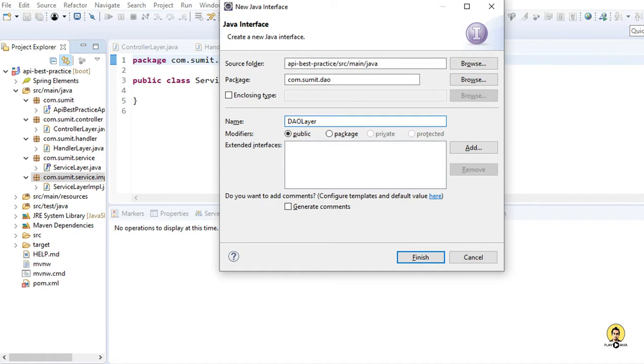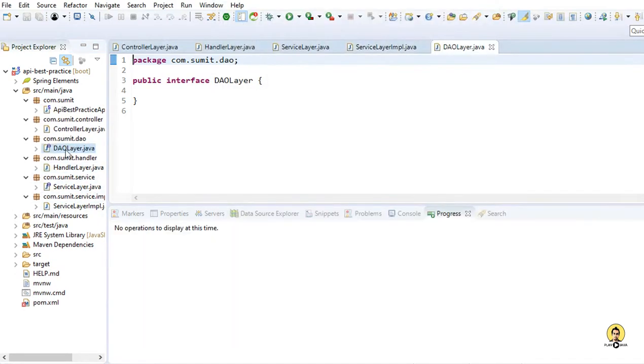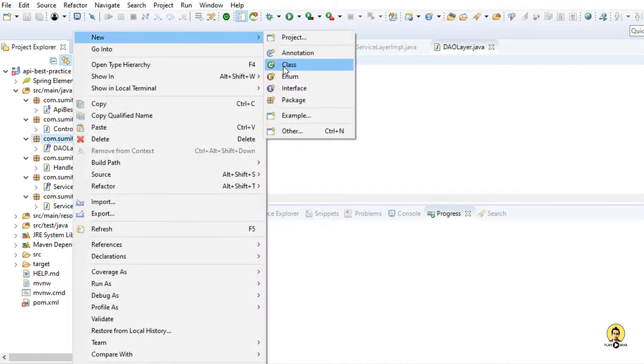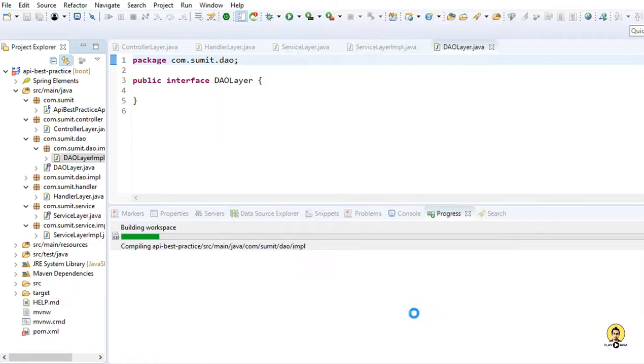So we have created DAO layer, and let's create its implementation. So I will create a new class and I will change the package to DAO.impl and the class name also DAO layer, same name as the interface with impl as the suffix.